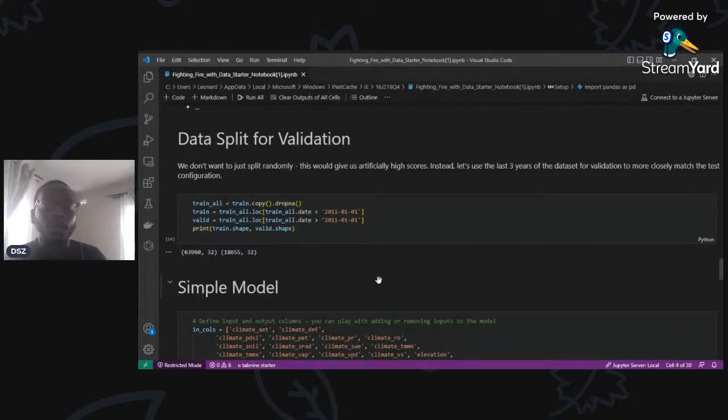Now, especially, maybe the one thing to consider is that in this particular case, we've got time data, right? So just taking the data randomly might end up causing loss of information, or at worst, making the model useless. So usually the best thing to do in this particular case is to split your data into 2 time periods, so between a certain date, before a certain date and after a certain date,